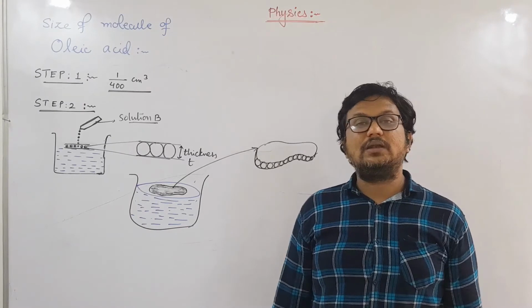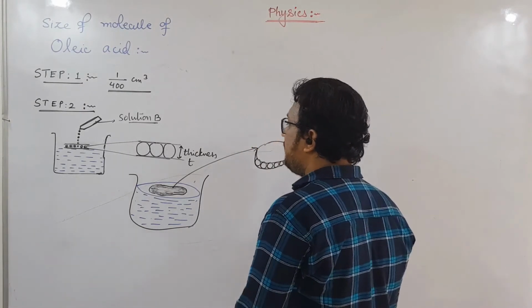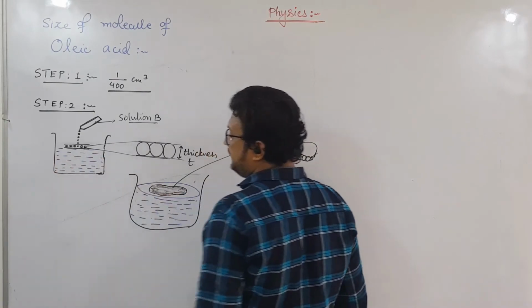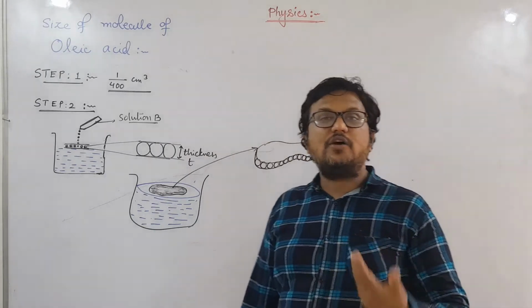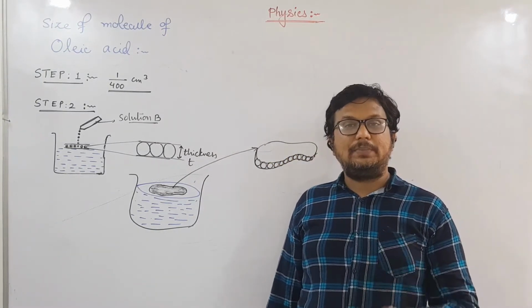The second step is to prepare the monolayer of oleic acid. For that, let us first revise what we have done. We have taken a beaker in which we have added water. Now, with the help of some kind of dropper, you can take a burette or a pipette,